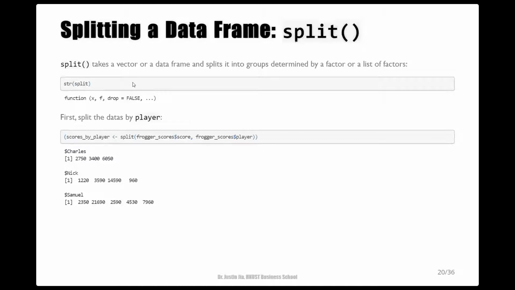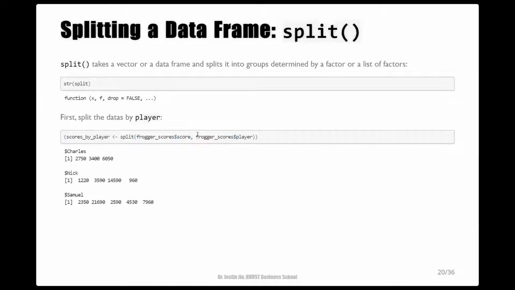So the split function takes an object x, which can be either a vector or a data frame. Then it splits the values in this vector or rows in this data frame into the number of groups that are identified by the second argument, which is a factor of the same length.